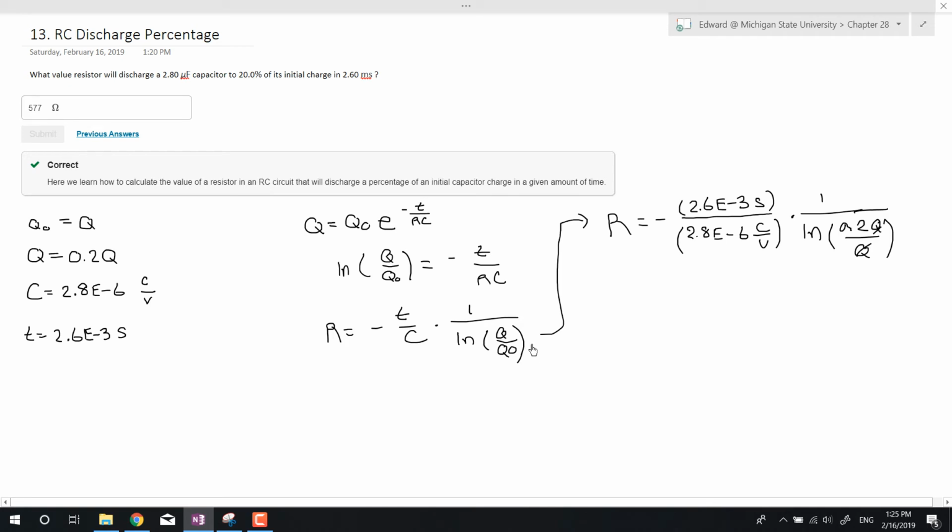So we can get R, if I type this in the calculator,